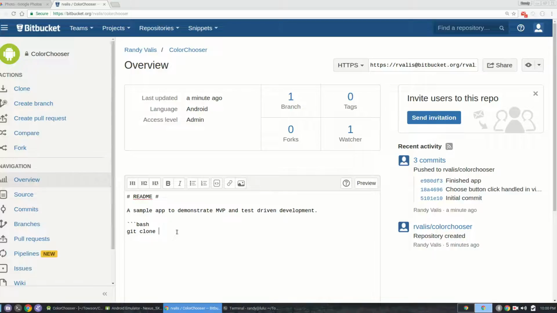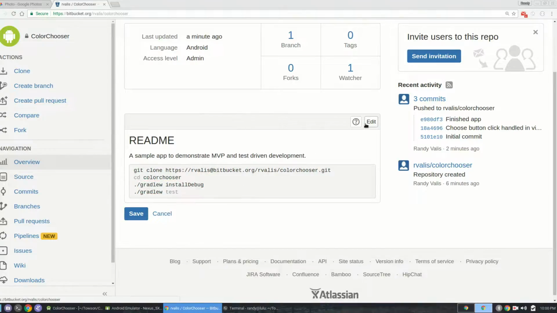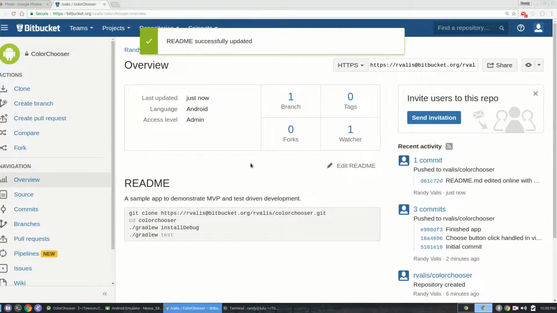So clone it, and then do a cd color chooser, and then do a Gradle build test, or no, what is it? Install debug, we'll install it, and then Gradle w test, we'll test. I think that's how, yep, okay, so that is the right markup. Let's save it. Sample app to demonstrate MVP test-driven development. Okay. So there we go. We are all